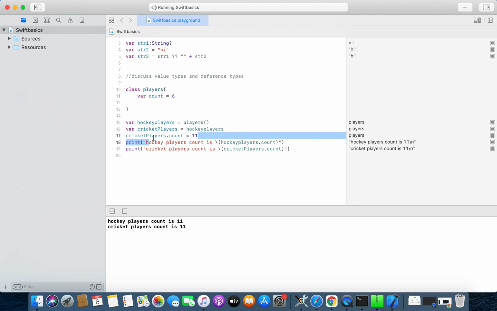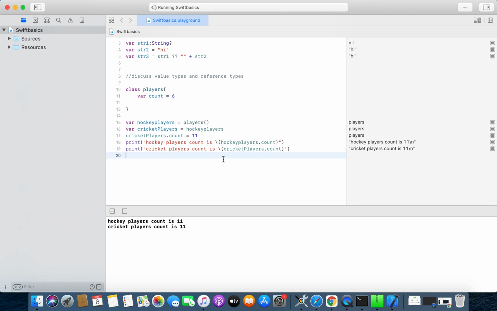Since I have written cricket player dot count is equal to 11, the count value is modified, and the original count value is modified. So the hockey player count is also getting modified over here.